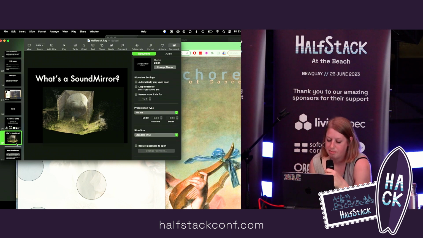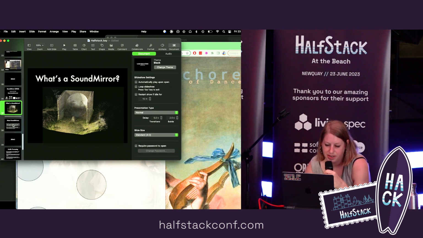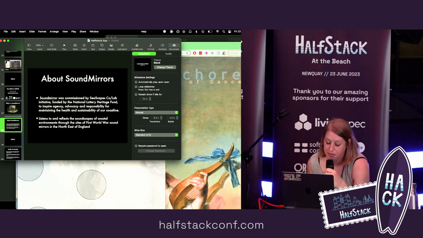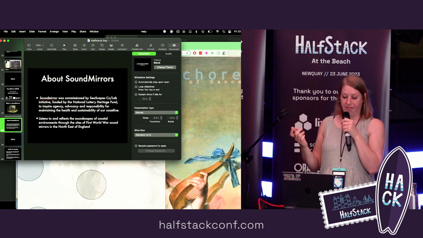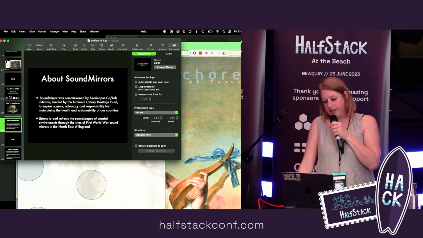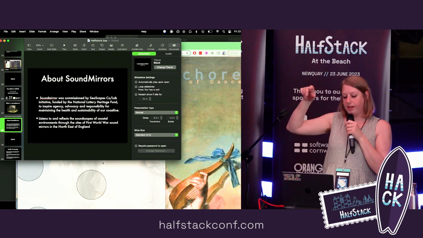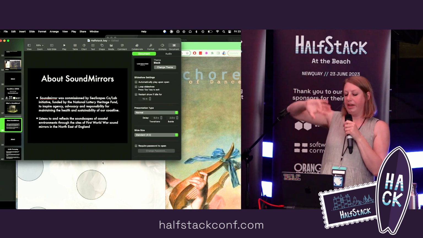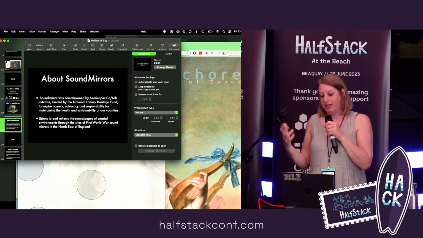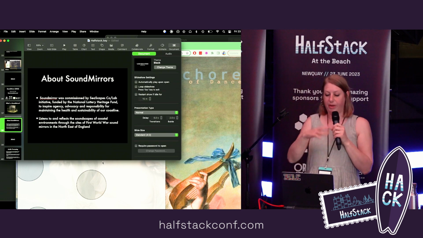Rob had this project which is funded by a really big Heritage Lottery Fund project that's happening on the Tyne to Tees coast right now in the northeast of England, where they're trying to connect people to local heritage and the coastline and where they live.